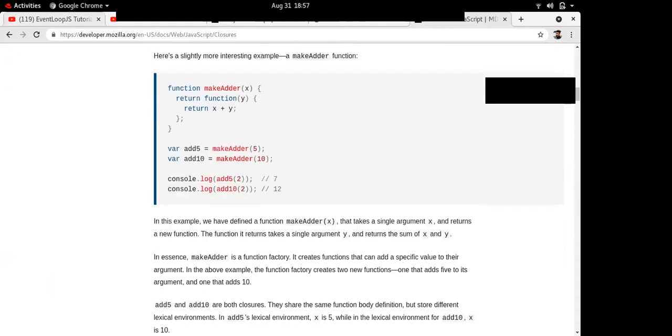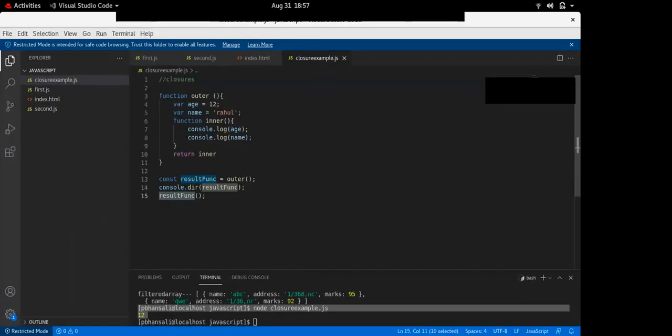There is a very interesting question that is asked in interviews. Suppose I have to calculate some numbers, this is my problem: 2, then 4, then 7, then 8, like this.